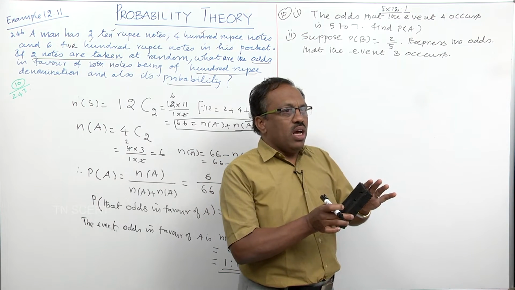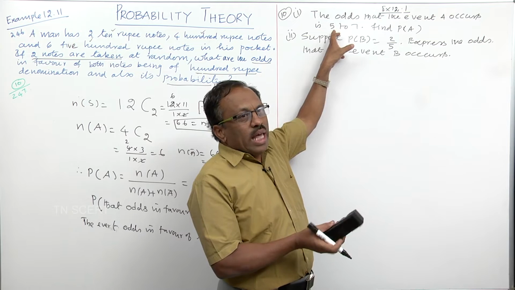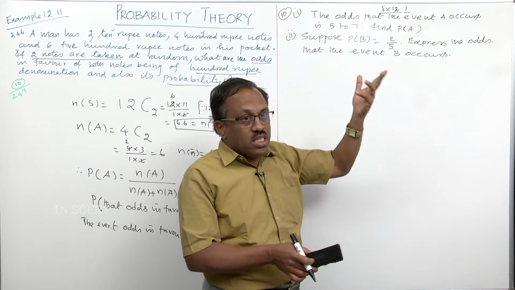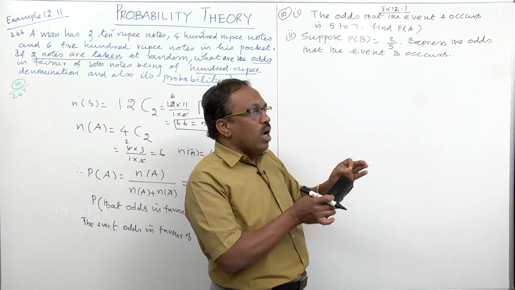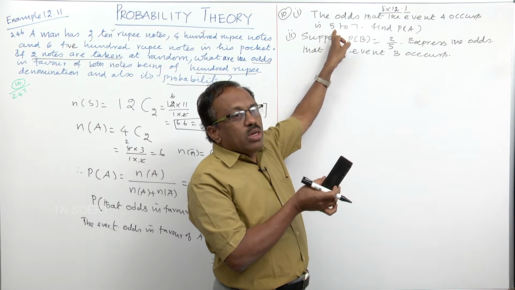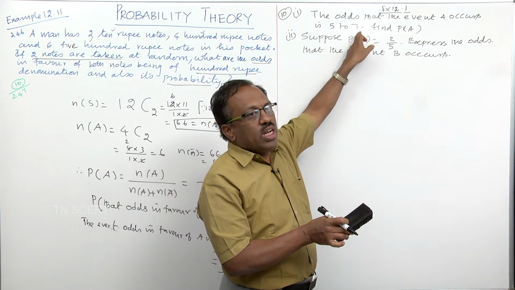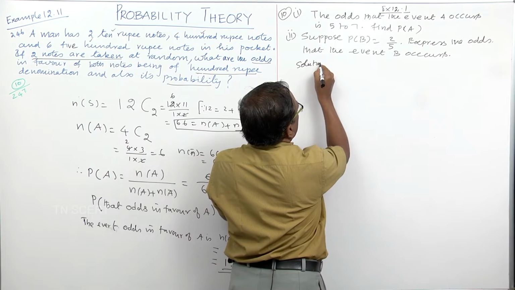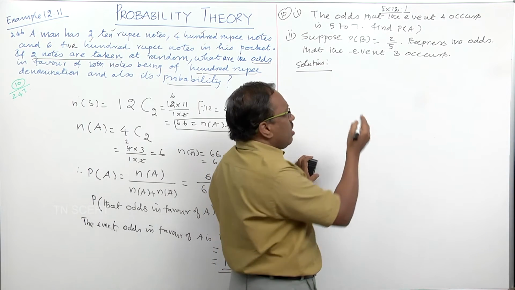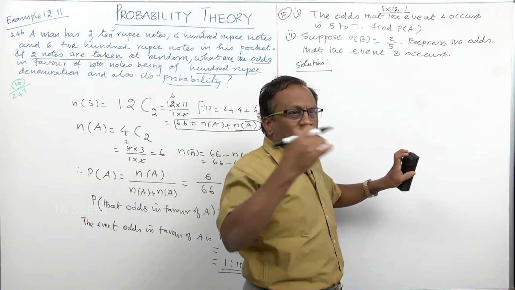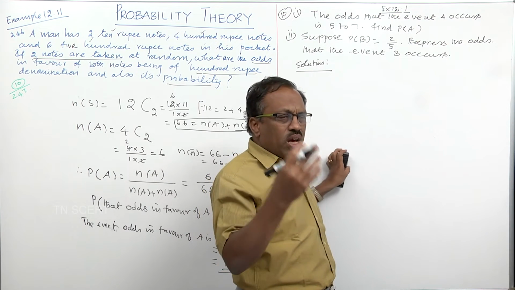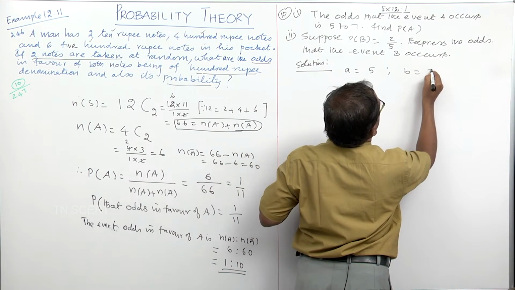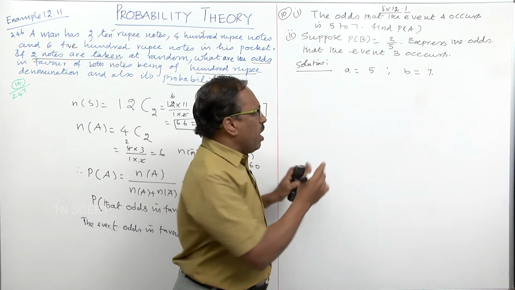For the event occurring, the odds are 5, and against that event it is nothing but 7. The chances of the event occurring, that is 5, to the against, that is 7. That is what we used to consider here. The solution for this one: what is the definition for that? The chances of occurring, A is nothing but 5 and B is nothing but 7, as given here. By the definition